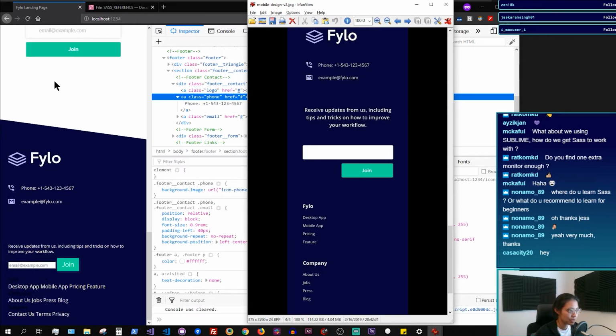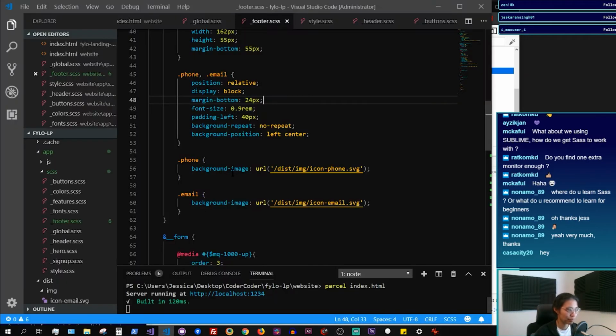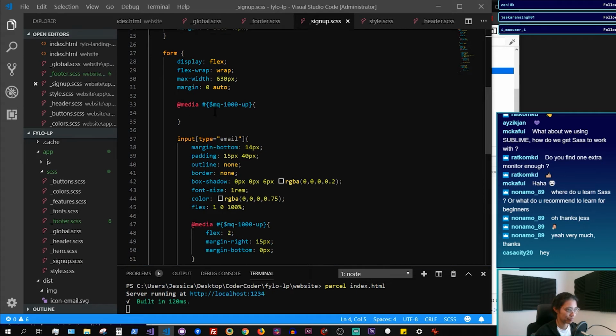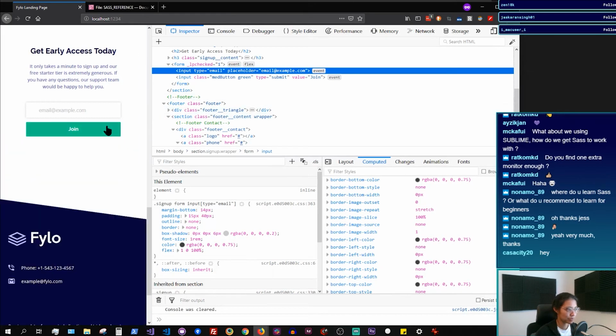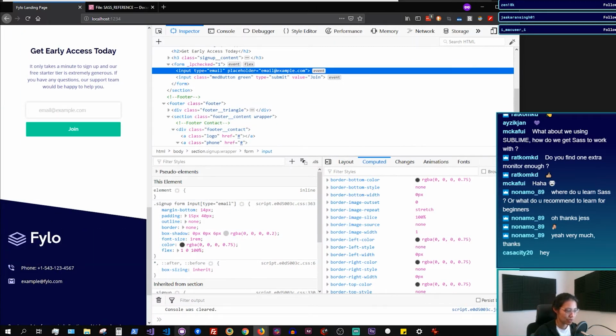So the thing is, this form, the styles were set on the sign up form file. So let's go back to that. So sign up form, yada yada. I don't think I need to worry about the form element itself. Max width was set to how much? 630. Yeah, this is just different. It's 363 pixels. So what I want to do right now is I want to move these form styles out